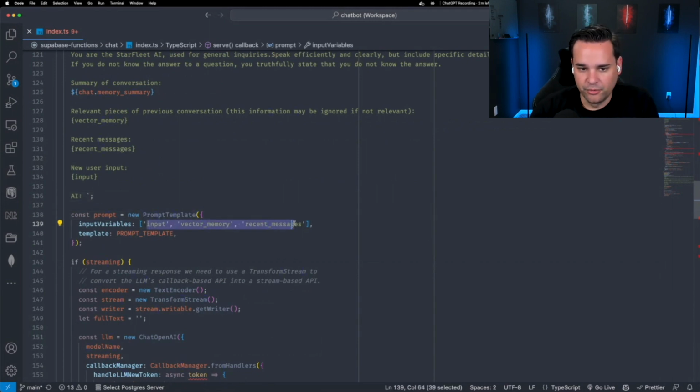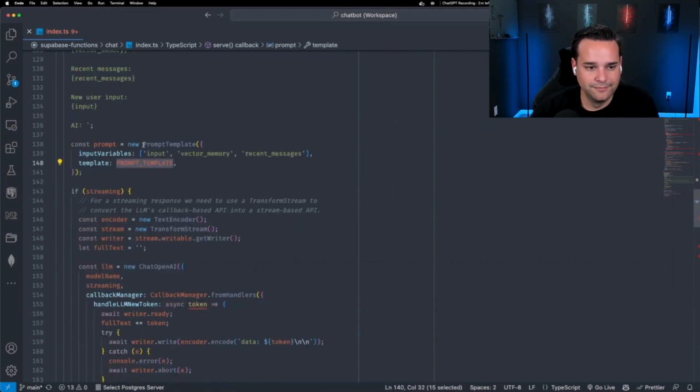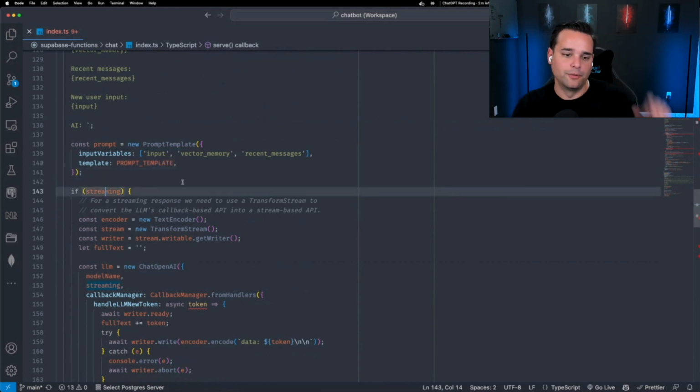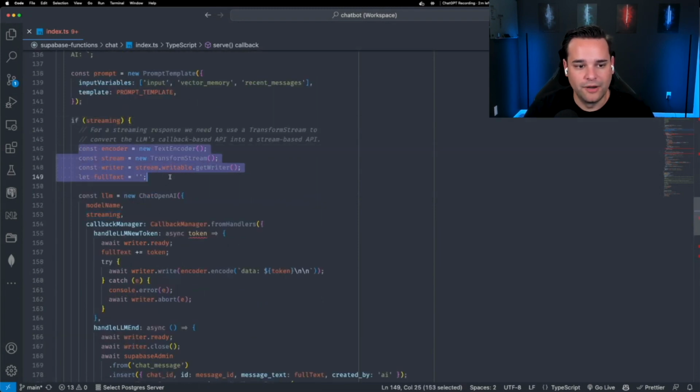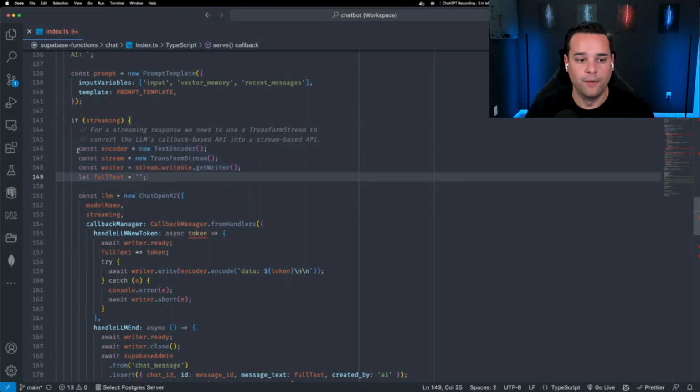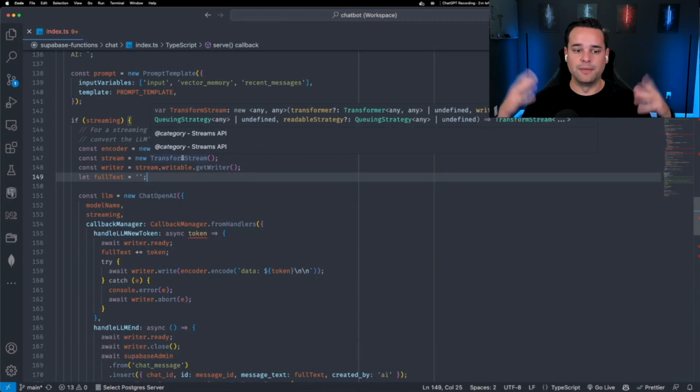We say, here's the variables that we're going to go into that. Here's the template. We'll just talk about the streaming response. We won't worry about the single response objects variation. A lot of this is copy pasted from LangChain docs, so there's not a lot you need to really know to get to use this. All this is doing is setting up that streaming behavior so that you are actually getting that real-time stream back